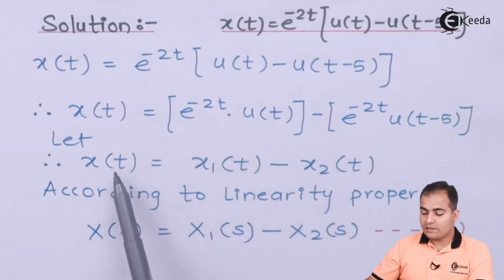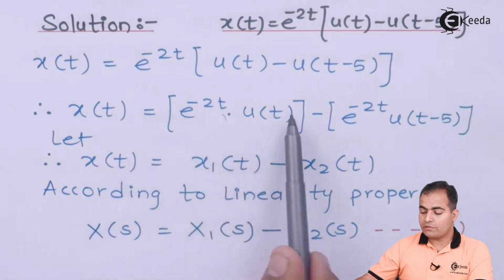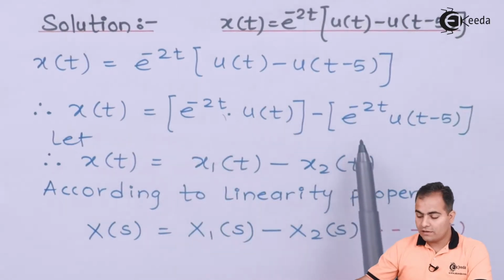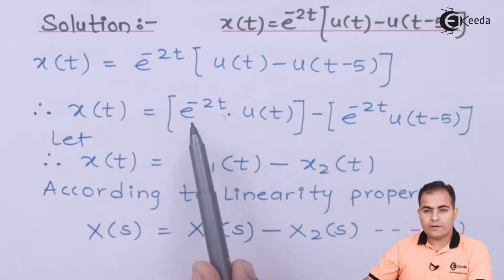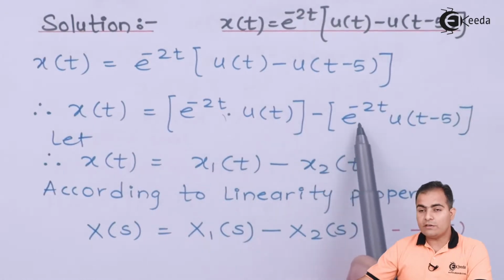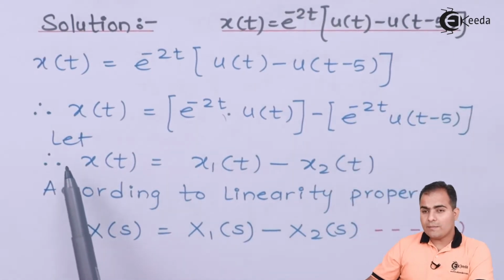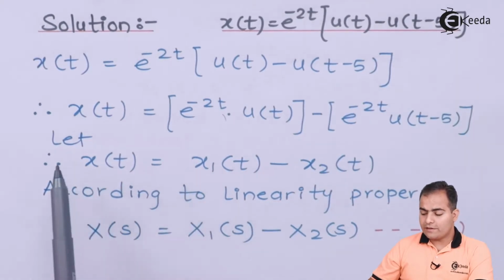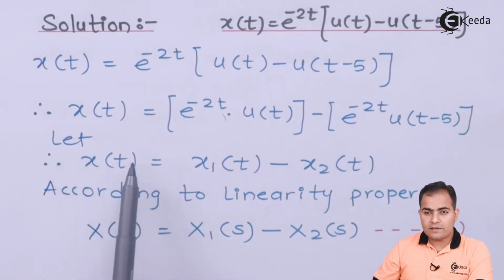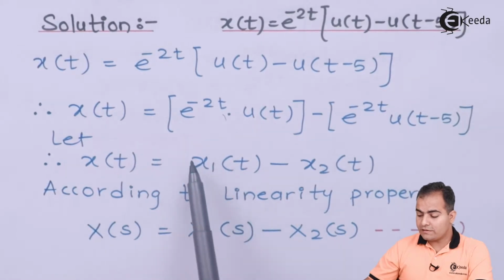Like I have mentioned, x of t is nothing but this is my x1 of t and next one is my x2 of t, where my x1 of t is e to the power minus 2t u of t and x2 of t is e to the power minus 2t u of t minus 5. Now of course I will apply Laplace transform on both sides. If I apply Laplace transform, then x of t is replaced by x of s,